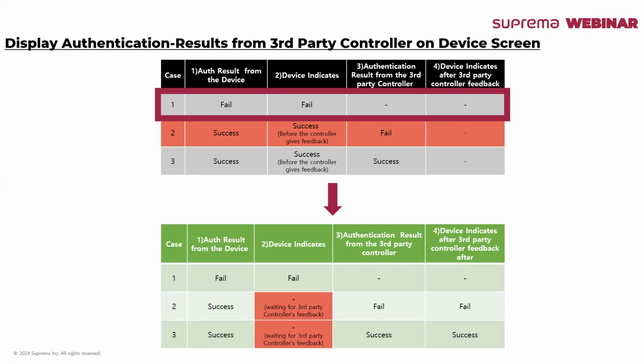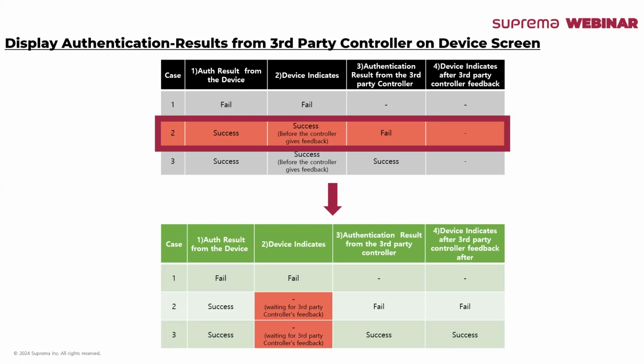for authentication success. Now, when it's authentication success, on step 2, the device indicates as success. That is from Suprema Device Side. The Suprema Device was the one making the judgment call. However, our Suprema Device is being connected to third-party controller as an intelligent slave or a slave device. So the slave device should not be the one giving the determination of whether this is authentication success or a